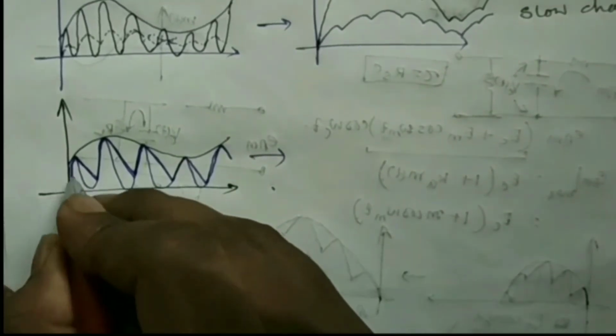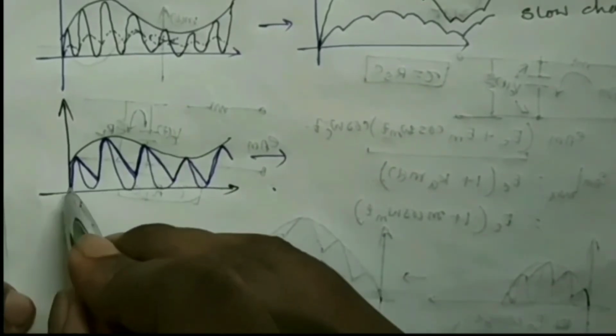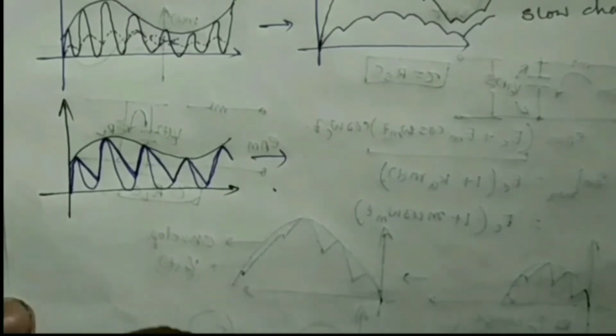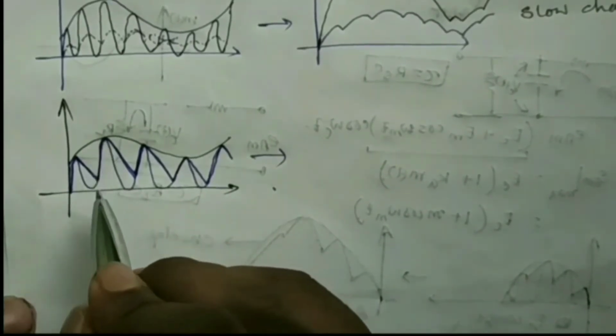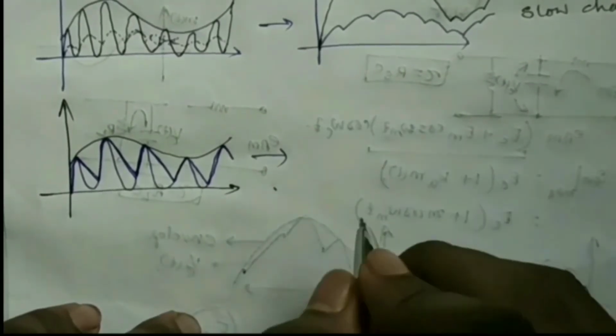So here you can see that the VCT graph is not following the message signal, it is actually following the carrier signal, which is not desired. We want the output to be a message signal, but since it follows the carrier signal most of the time, it will be distorted. So this is also not desired.